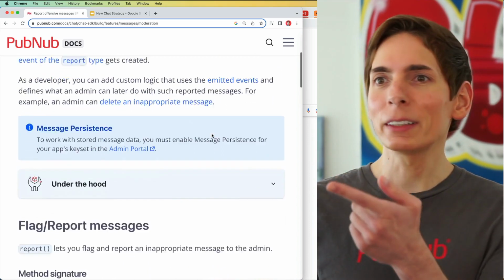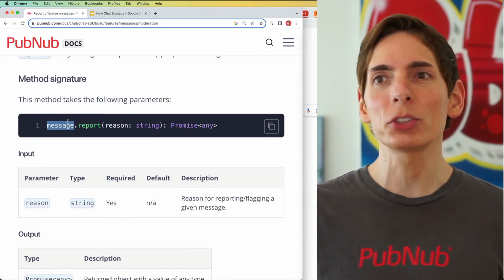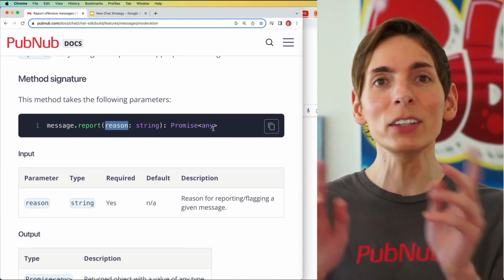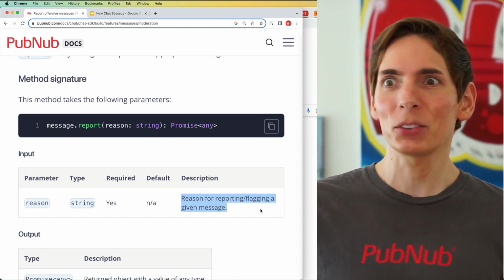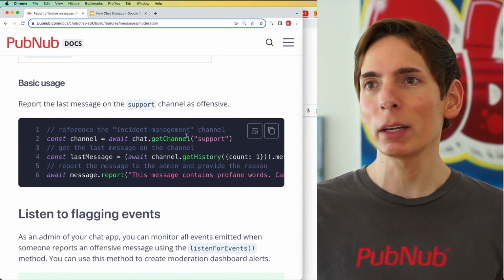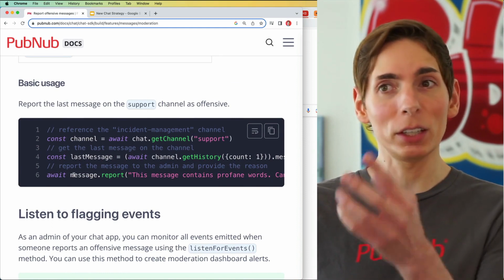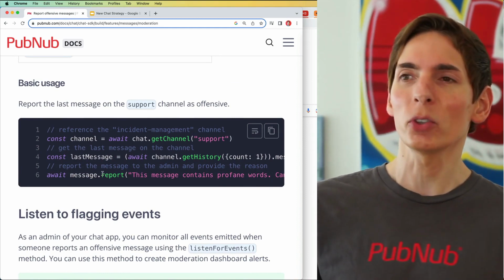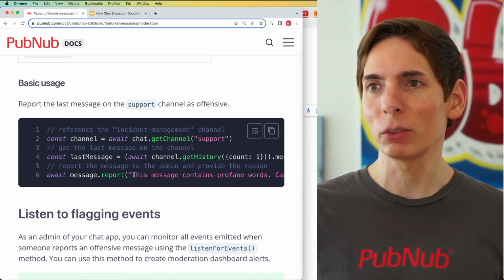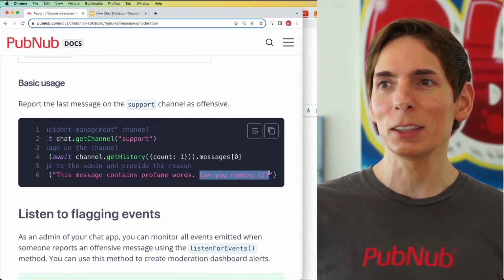Here we go. Scrolling down here, we see the method and its ability to report. So the message is received, right? You get a message object, and then you provide a string with the reason for reporting, flagging the given message. And here's the workflow. We have the channel, we wait for data, we get a message from the channel or fetch it from history, and then we can get that specific message that has the questionable content, and we can report it based on our information here, saying, hey, I see some words I don't like,